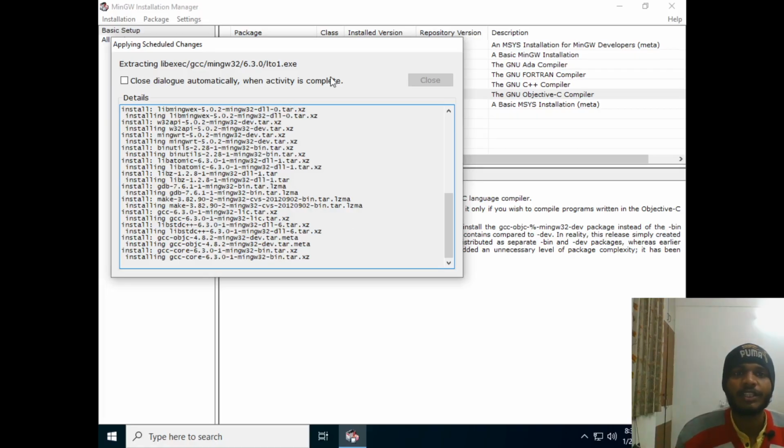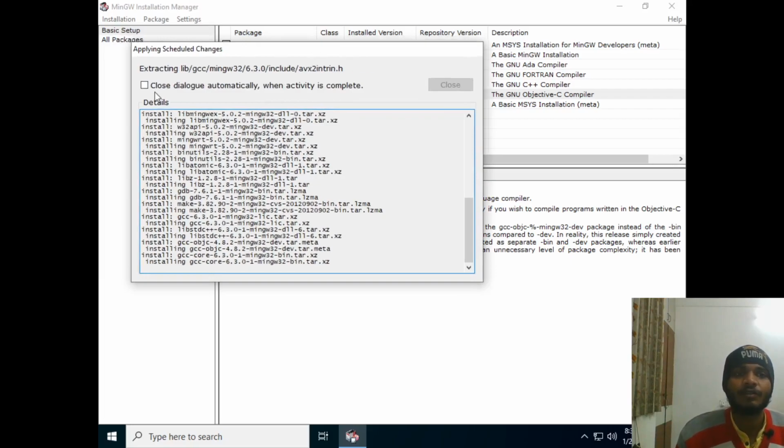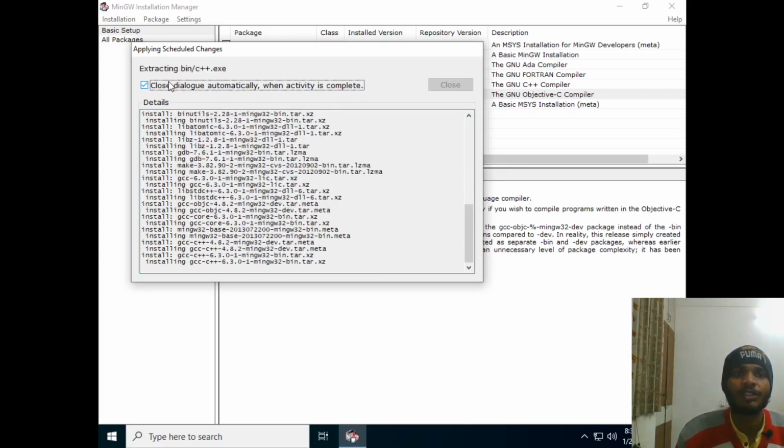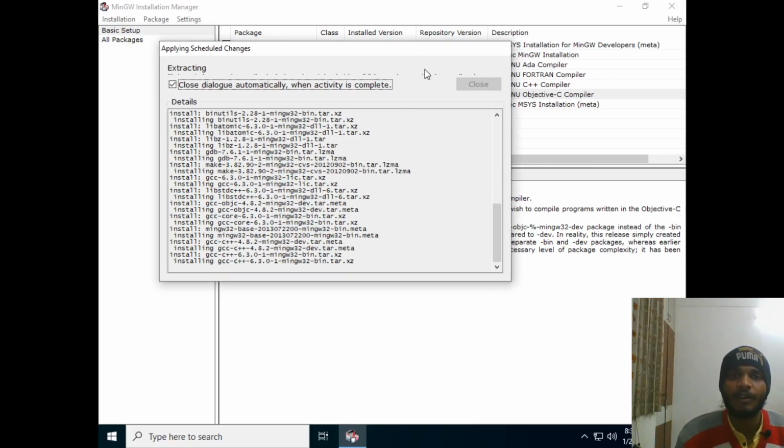Okay, the installation is complete, so I am just checking the close the dialog automatically when activity is complete box. This dialog box will close automatically when the activity is complete. Okay, now let's just wait.